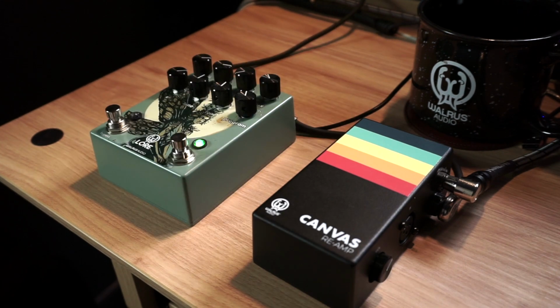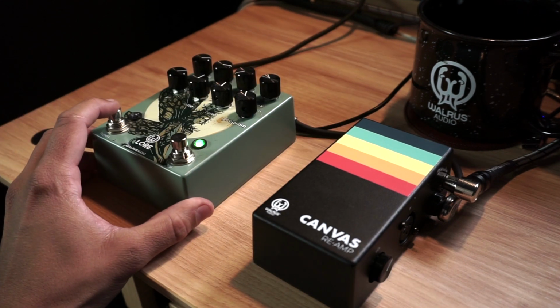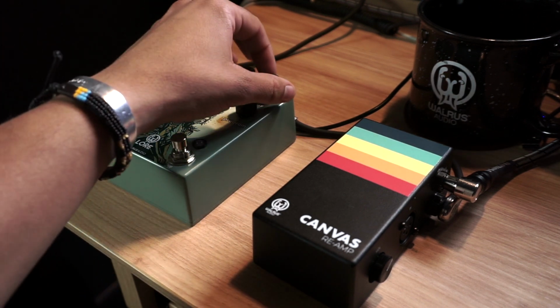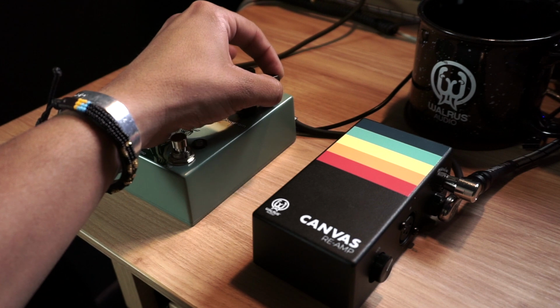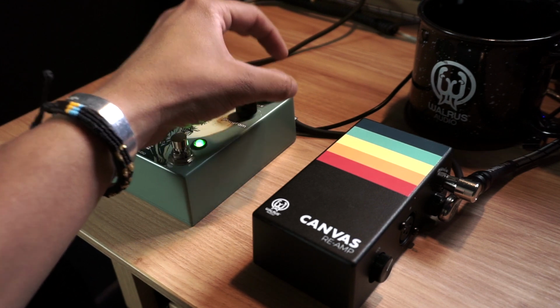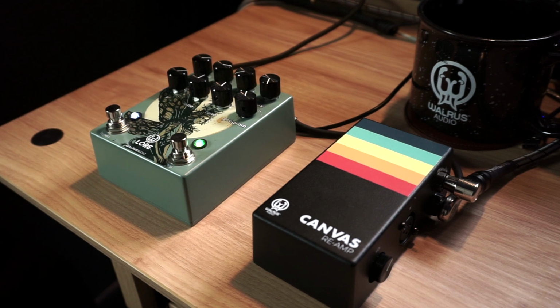And finally, here are the vocals through the Lore. I'm just afraid of what it takes to be. There's no